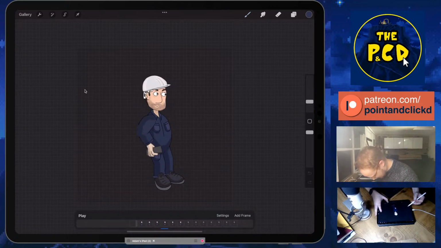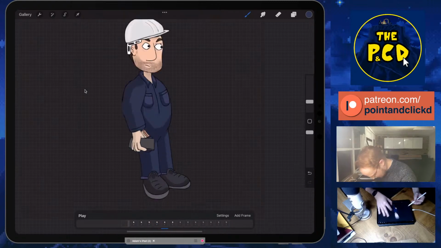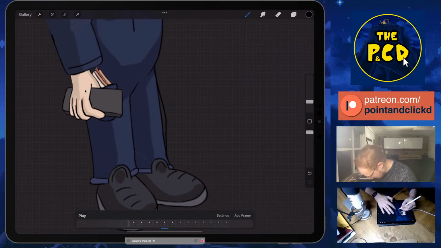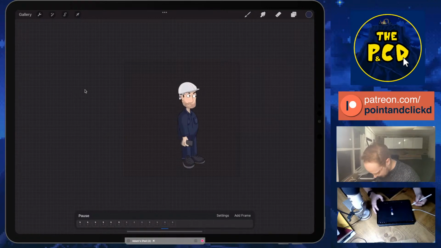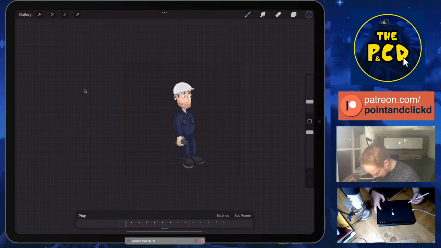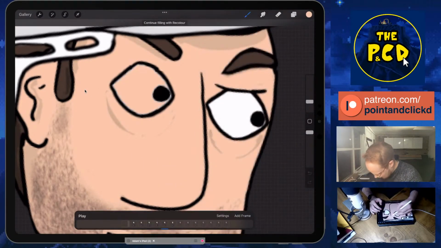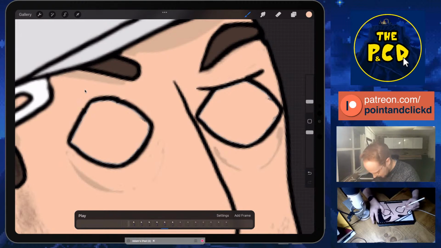Maybe one of these legs on this one bend slightly. Again, at this point you get into the real nitty-gritty of how many extra bits and bobs do lend themselves to the thing and how much is pointless. That said, I might give him a little blink. I feel like blinks add a bit of lifelikeness to things. And you do tend to blink when you...